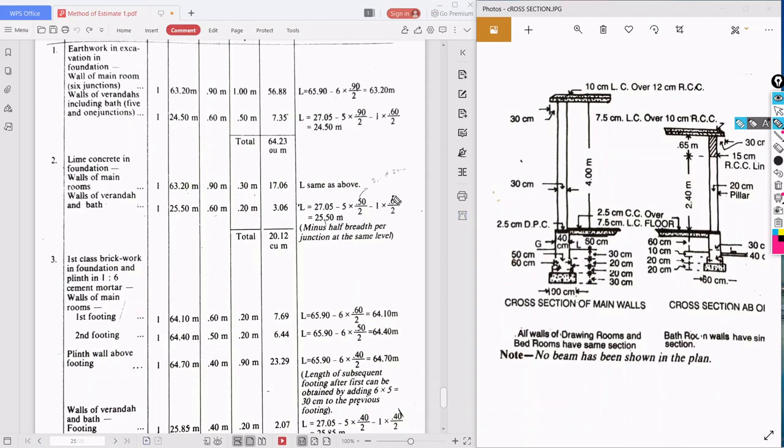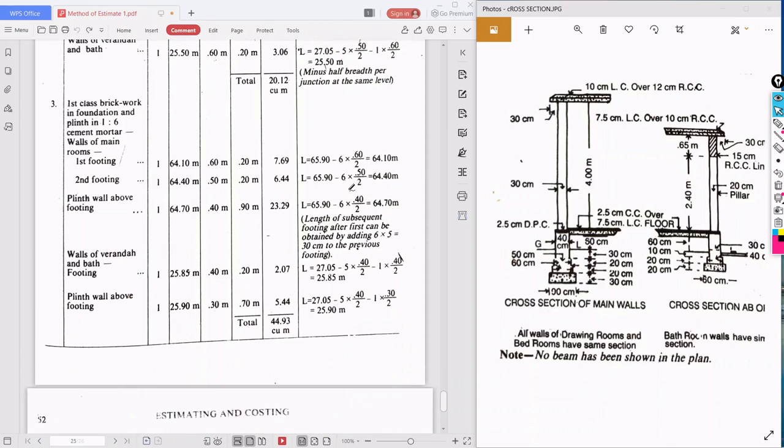So next is our first class brickwork. See here. First class brickwork we need to do. After this lime concrete, we need to do the first footing here. So what is the center to center line length? That is 65.90. This 65.90 will not change, it will be there for every step, that too for the 30 centimeter wall. 65.90 minus 6 into